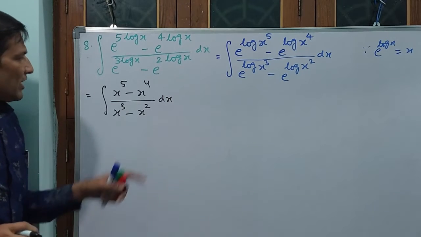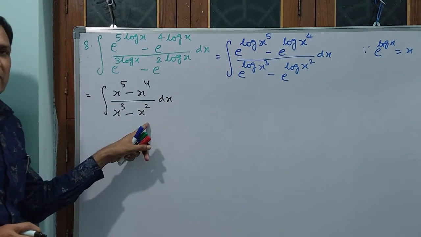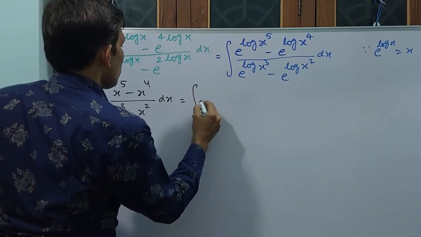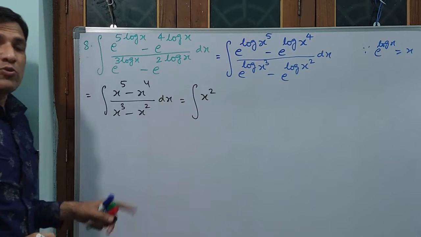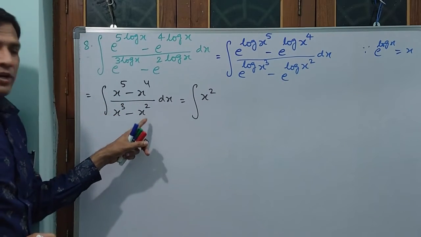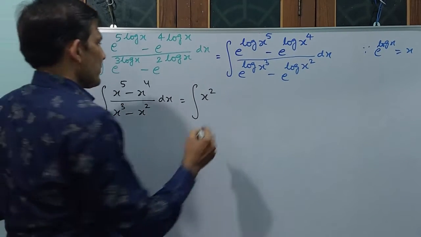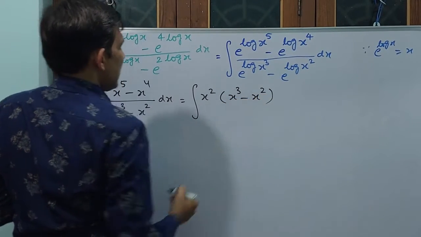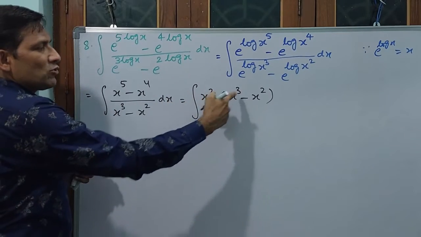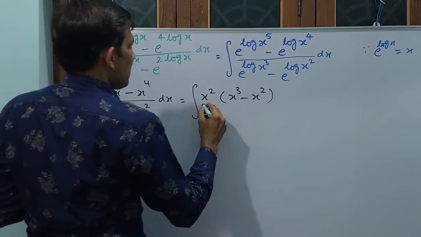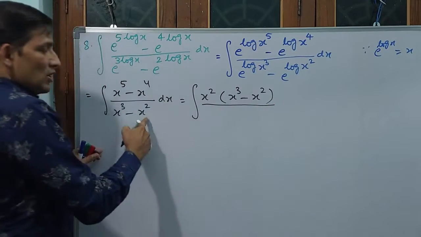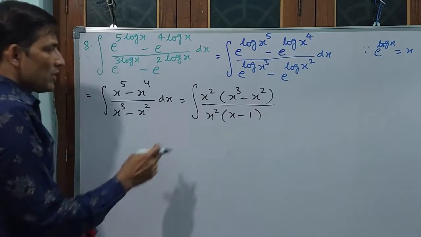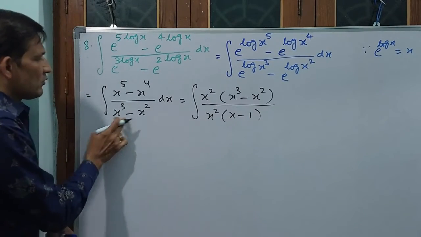See, here also least is x square. Why can't we take x square as common? Let me take common x square. Why am I taking x square only as common? Because among these four, x square is the least power. If I take x square common, x cube minus x square will happen. Inside the numerator, x to the power of 5 and x to the power of 4 will give x cube minus x square. Divided by x square, if you take common here also, then x minus 1 will become.